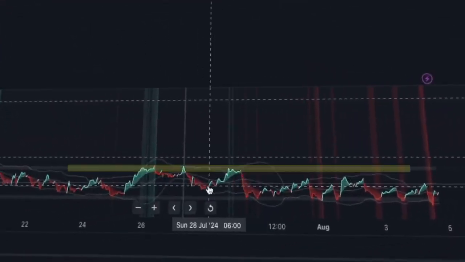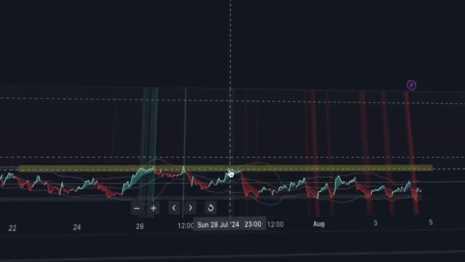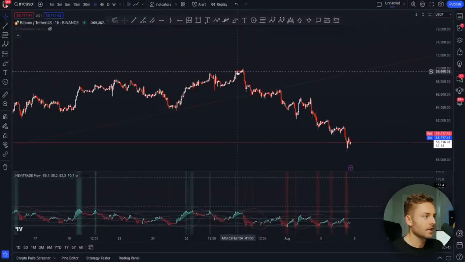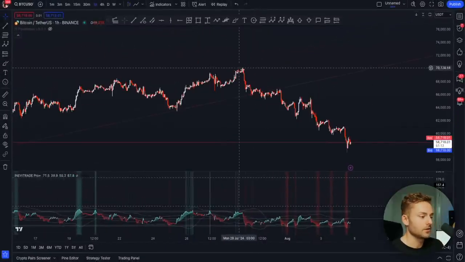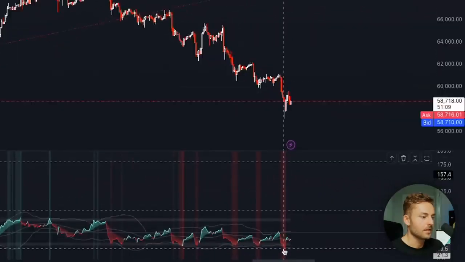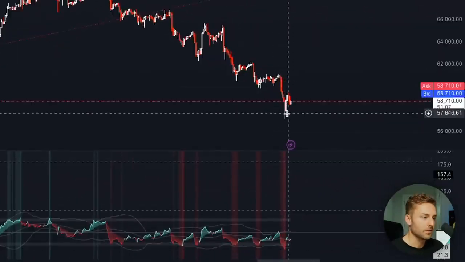So anytime this line crosses into this gray zone here and creates a highlight zone, this is showing us a potentially overvalued area in the chart. And then when we have deep areas of red, this can be an undervalued area on a chart. So we're not really using this as our main way of trading, but it can help add something called confluences to our current strategies